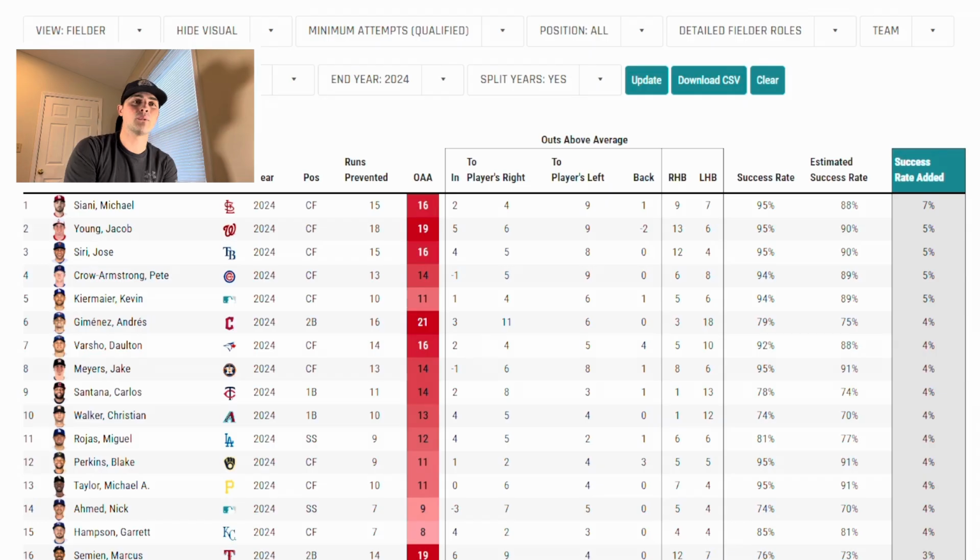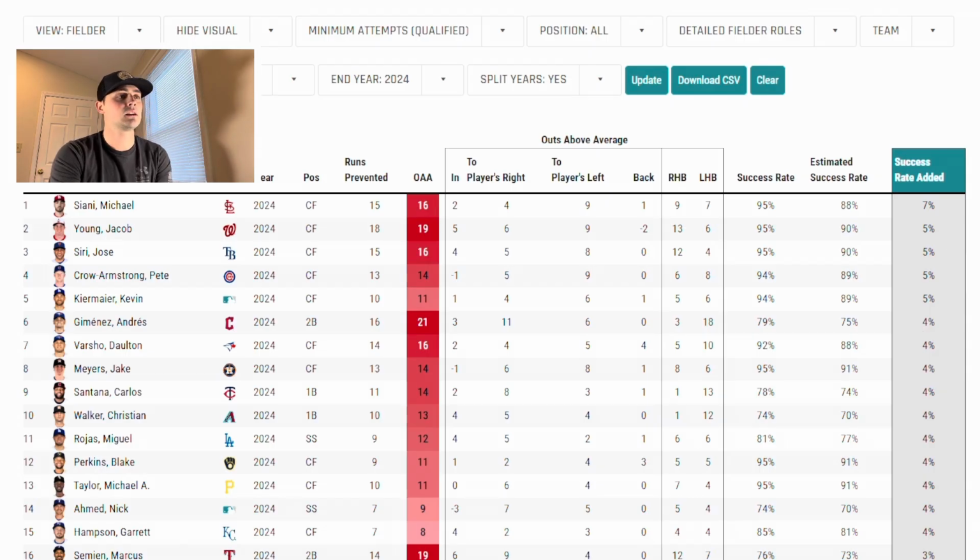But on the other hand, it almost accelerates it because let's say PCA had way less attempts. I don't know, I don't have his attempts here, but we can look it up. Let's say he has way less attempts, but he just killed it, knocked it out of the park in those attempts, and he's showing that he's 5% better than the expected. Well, throughout the entirety of a season, maybe that starts to dwindle. Maybe that drops. Who knows, right? But I think that's something that would be a worry, something to keep in mind when you're checking out success